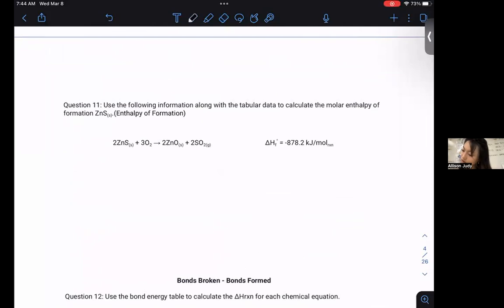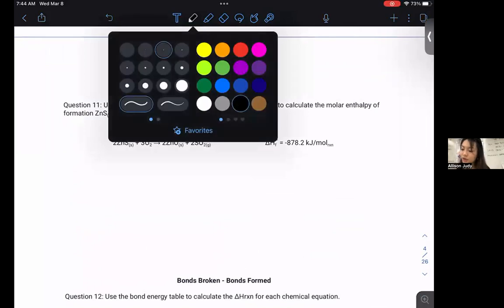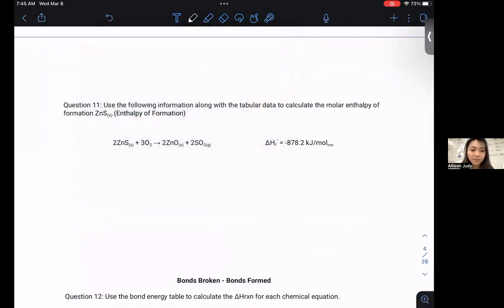So with this equation, we're going to use the overall enthalpy of formation equation, which tells us that the sum of the enthalpy of your products, under standard state conditions, minus the sum of your enthalpy of reactants, and of course, times their molar coefficients, we can't forget that,